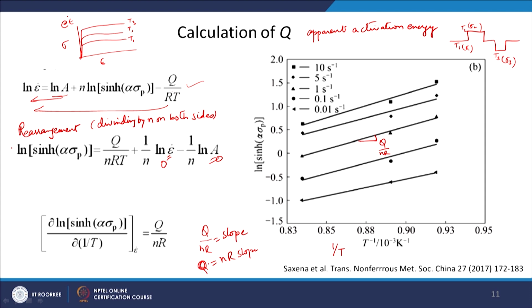Okay. Usually activation energy for deformation which you get through this kind of process comes very high, okay, compared to any known diffusion processes or solute diffusion processes. Okay. Because the dislocation movement also requires a certain amount of activation energy. So, all those things get combined. Okay. And it is sometimes very difficult to assign any physical meaning to this kind of activation energy calculation. Okay. Sometimes it is difficult.